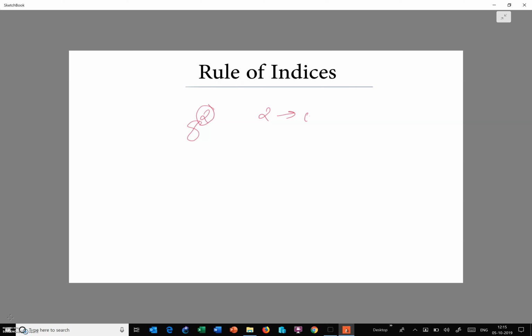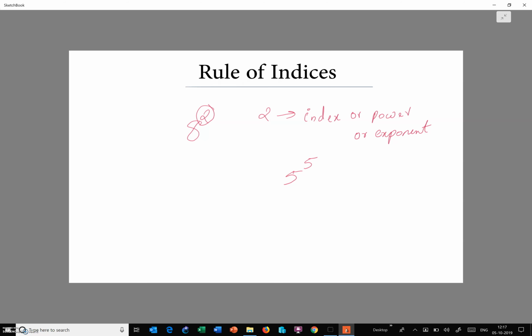is called the index or power or exponent. Let's take another example, which is